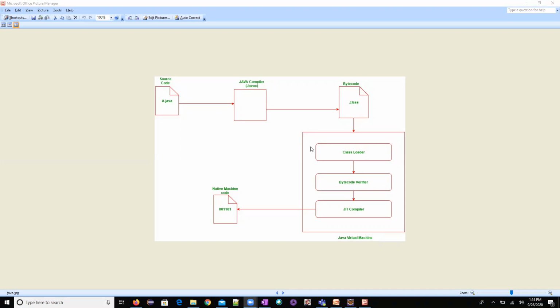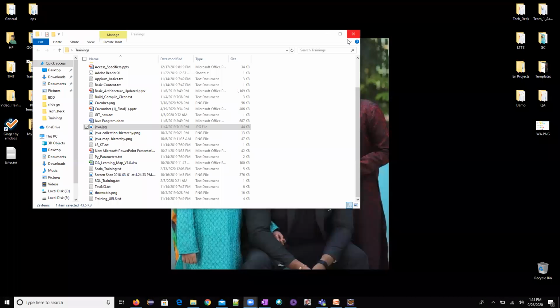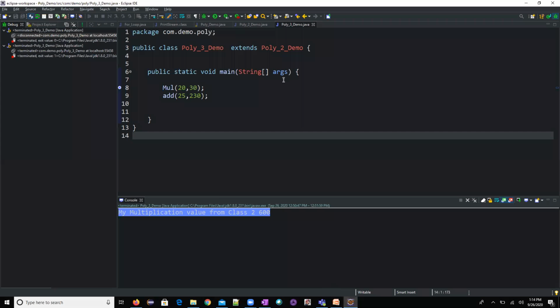So please be confident in what I'm asking you. You learn and then try to teach someone else, because it will help you remember the same thing again and again. If you're forgetting the basics, then guys, really you can't do anything. Keep that in mind. Now you learned interfaces, and if you're not able to explain interfaces, then even if you go for Selenium, it doesn't make any sense.